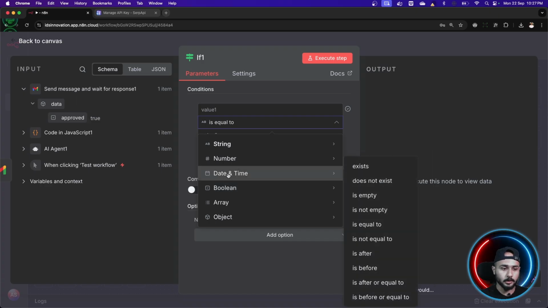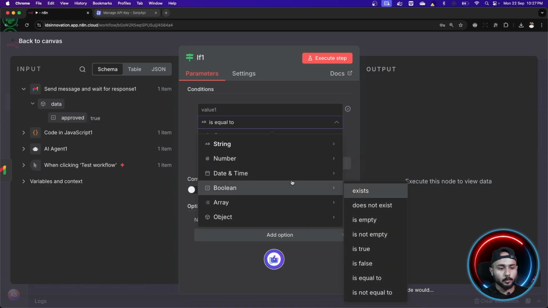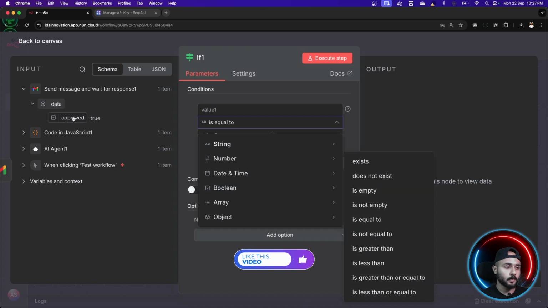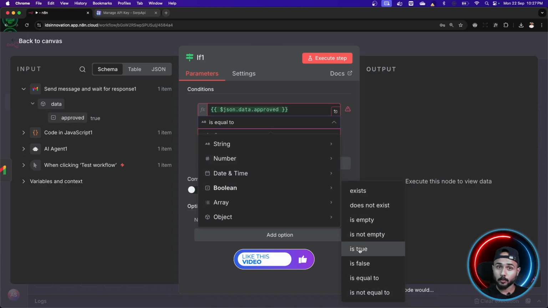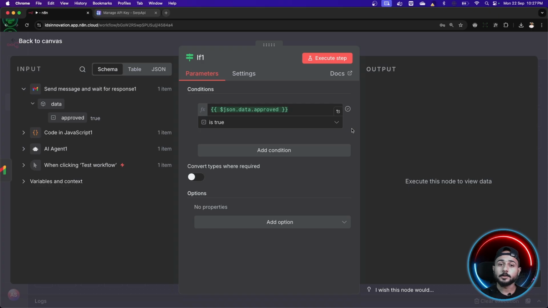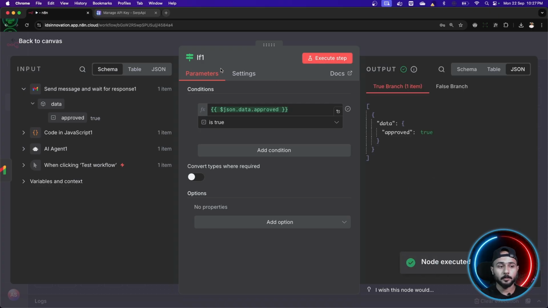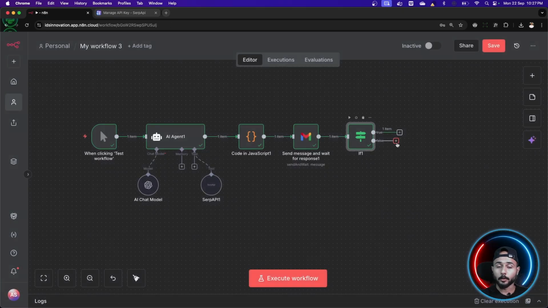That's what the output is coming in. That's the format. So what I'm going to do is check if this thing as boolean is true or not, right? So if it is true, let me just execute the step, and that's it. That's the true branch where we got the output, or it can be false, right? So that's how it's going to work.